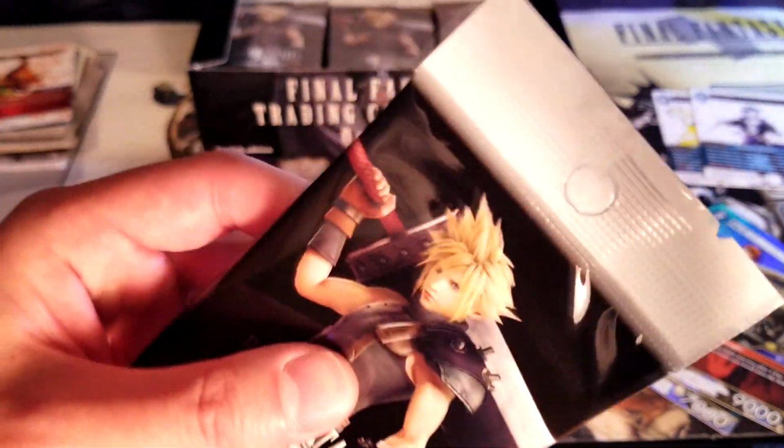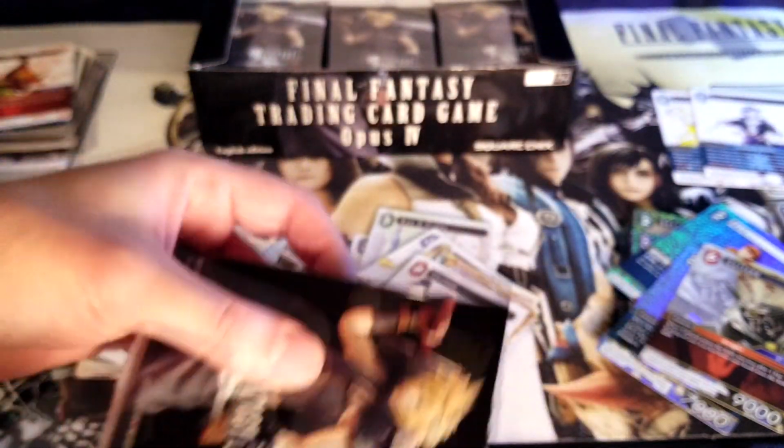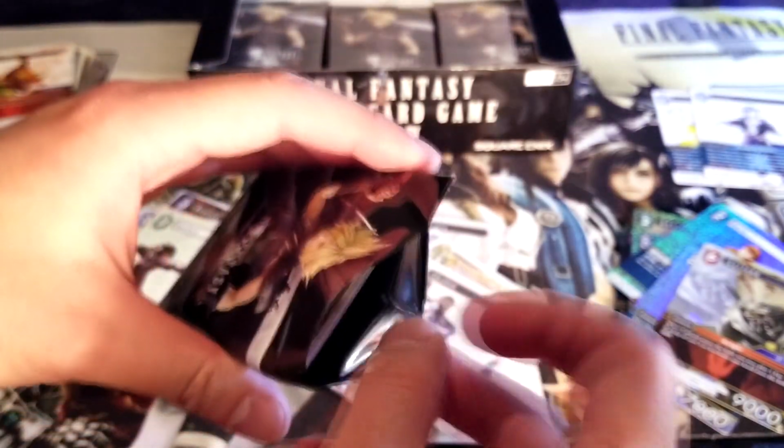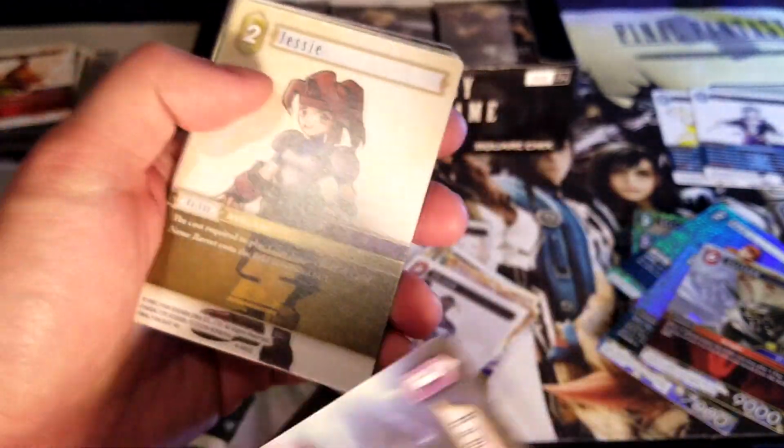Boom. Alright, this is going to be the last pack where I don't breeze through the commons. Where are we at? 10 minutes. So the 10-minute cutoff is where you don't get to see commons anymore. And why does Rama keep popping up in front? Rama,